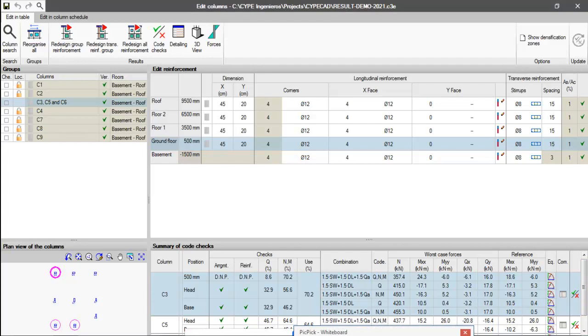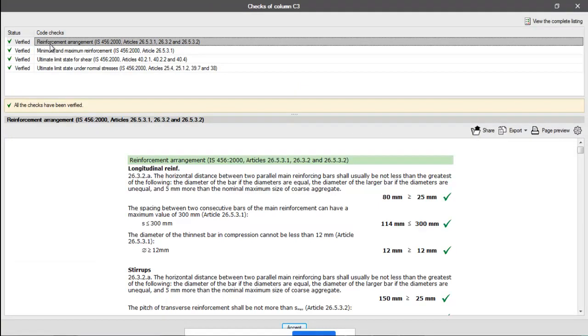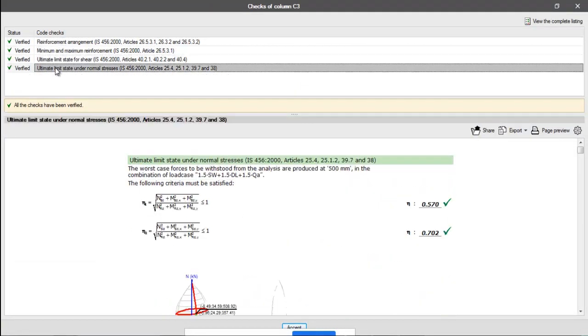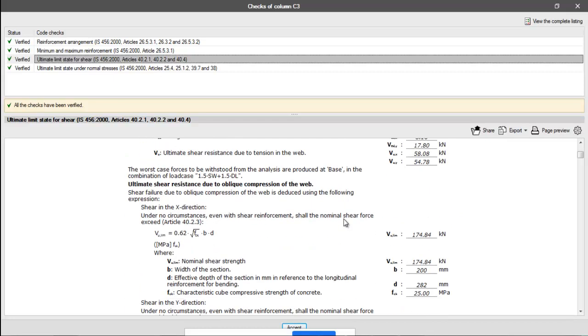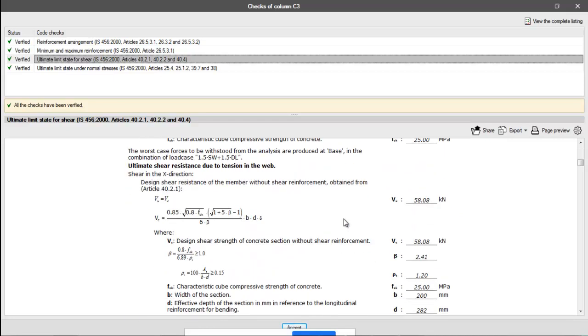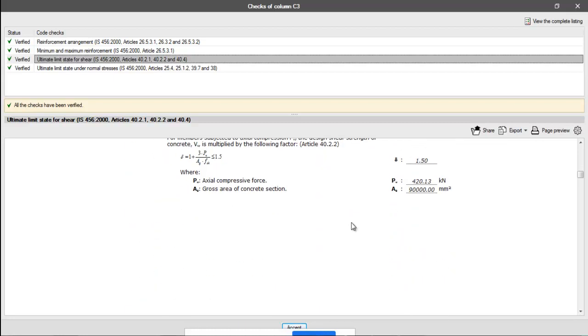If I click on this, you can see the design calculation for each and every clause. For example, the software will give you which code, which clause, what the clause says, what is the formula, what is the value, how these calculations are arrived at, how the steps are done. Every piece of information is available here.